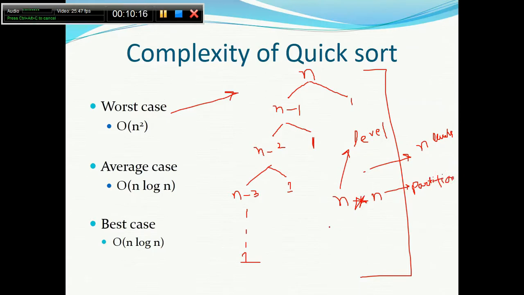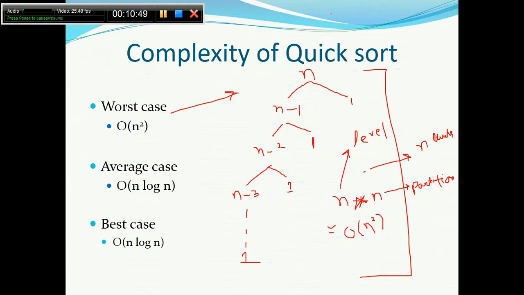So in this case, the complexity will be order of n square. So this thing should be clear. It should be order of n square. Now, there are only three cases where quick sort behaves as a worst case. I am saying again, only three cases. What are these? If the array is already sorted in increasing order, if the array is already sorted in decreasing order, and the third is when all the numbers are the same.